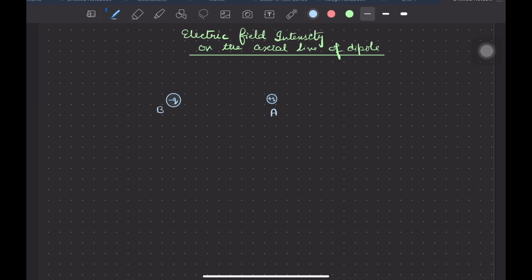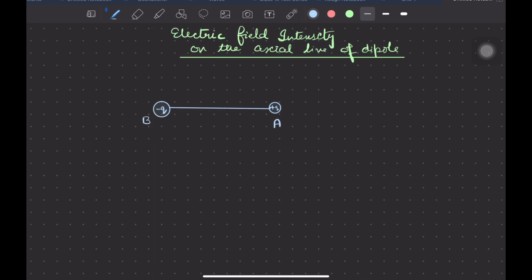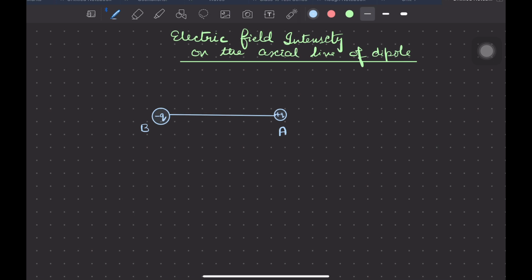And for a dipole, we already know that a dipole is a pair of equal and opposite charges separated by a very small distance. Although the distance is quite small, I have shown this in the figure as a large distance, and the reason is that we cannot label the diagram until we make it on the macroscopic level.